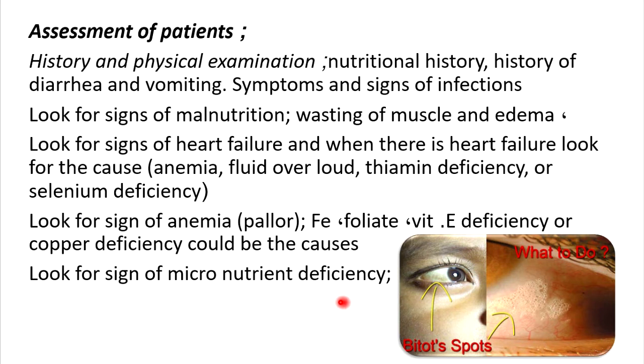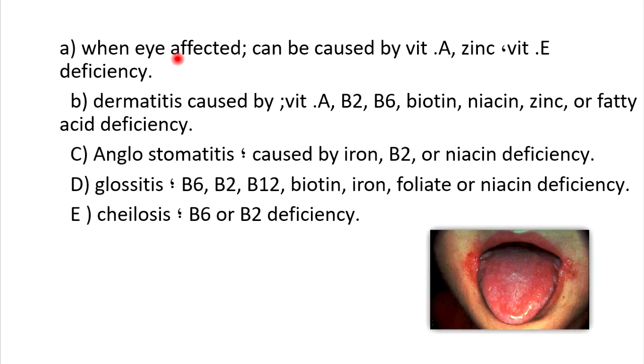مثل ايش هسه قلنا هاي البايتوت سبوت. لاحظ هاي الصورة هاي sign of vitamin A deficiency. The other sign we look for when the eye affected can be caused by vitamin A deficiency, zinc, vitamin E deficiency. يعني when we find eye affection like مثل cirrhosis ما قلنا cirrhosis, بايتوت سبوت, كيراتوماليشيا, then when you find look for يعني maybe caused by vitamin A, zinc or vitamin A